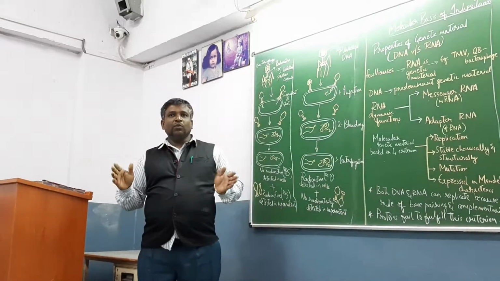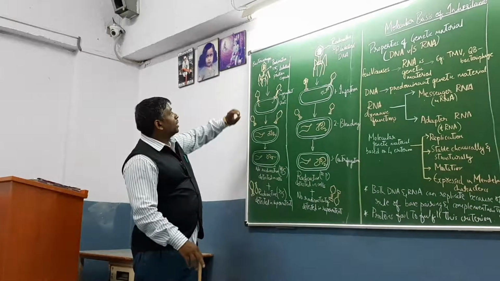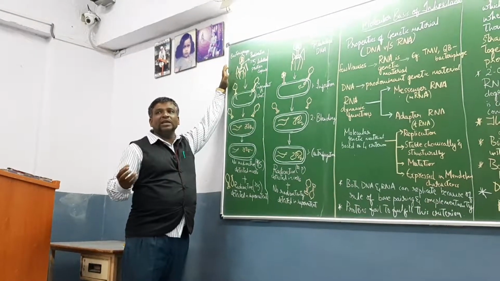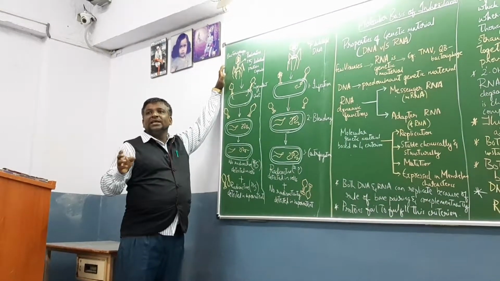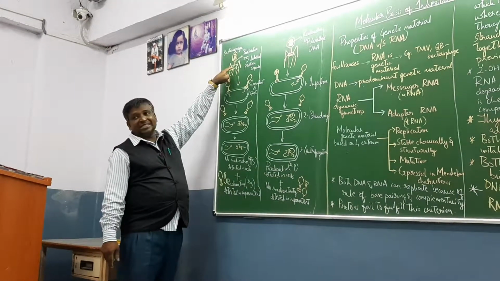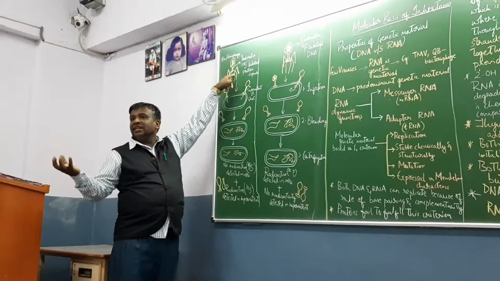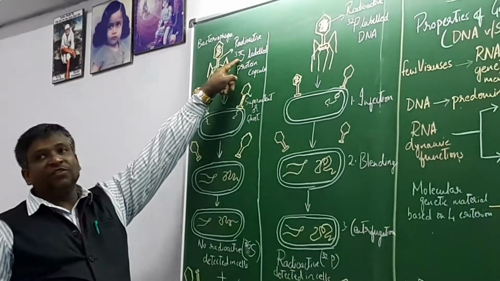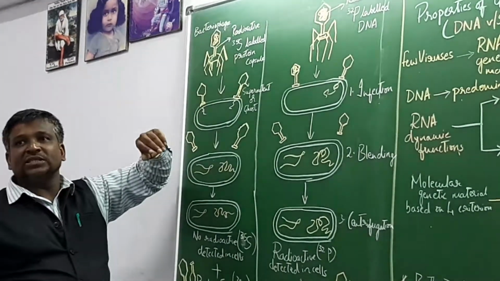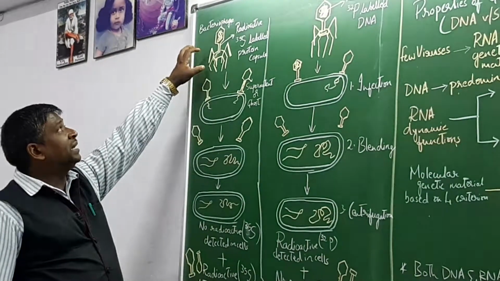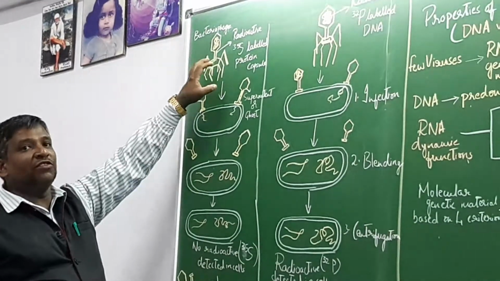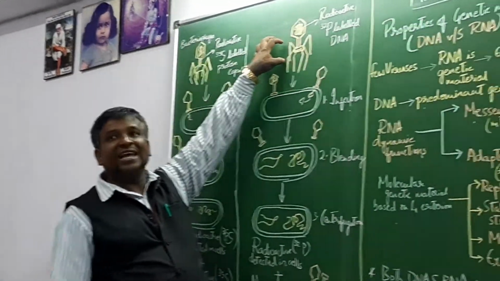What exactly Hershey and Chase did was, they took up the bacteriophage, which is a virus which infects bacteria. We call it a bacteriophage. In one of the bacteriophages, the protein capsule had radioactive sulfur, sulfur 35. This is radioactive and it can emit radiations. Okay, so one of the bacteriophages was exposed to this radioactive sulfur, and another bacteriophage had